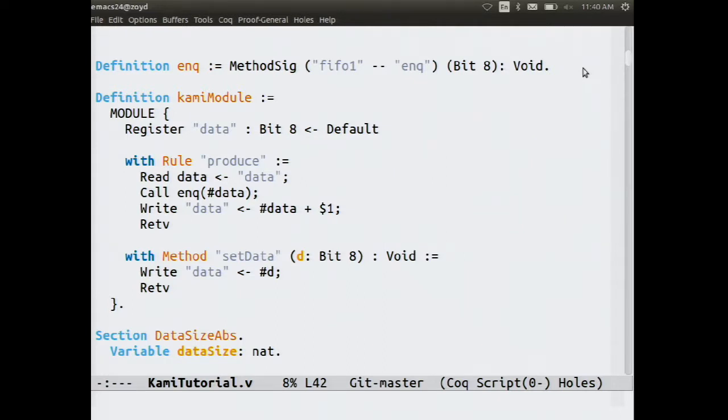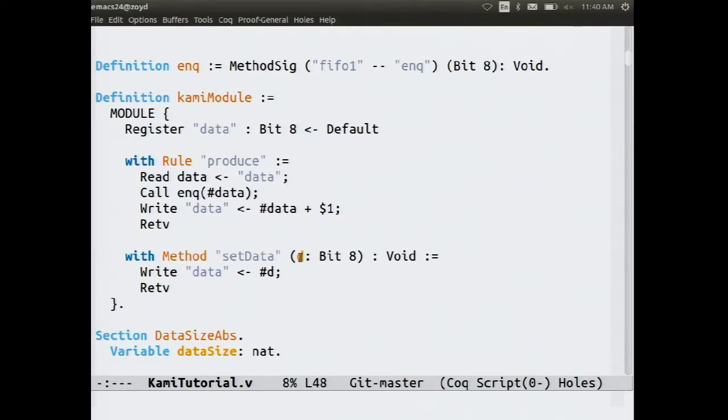So this is a simple producer-consumer example that has a private register called data that is an 8-bit word. And we read from that register and then call a method in another module to enqueue the data into a queue somewhere, and then write back to our data register a value 1 higher. And I've also included a method here that lets us overwrite the value of data with whatever we want.